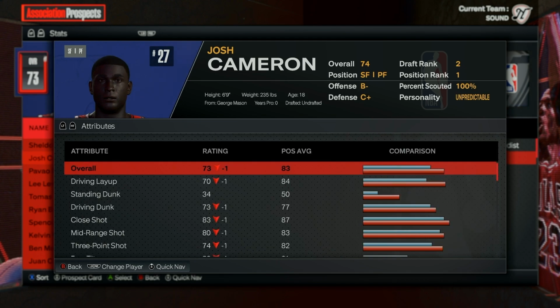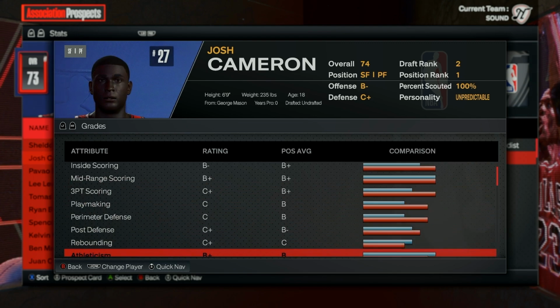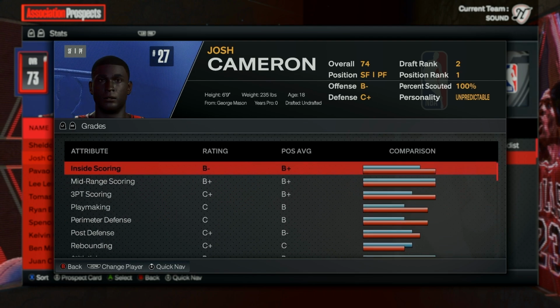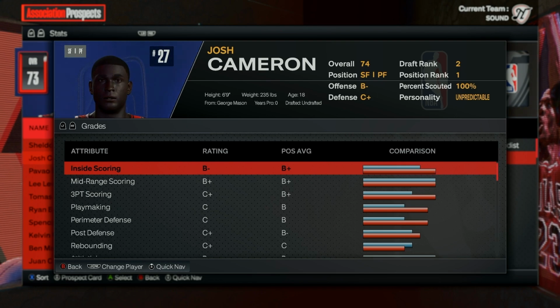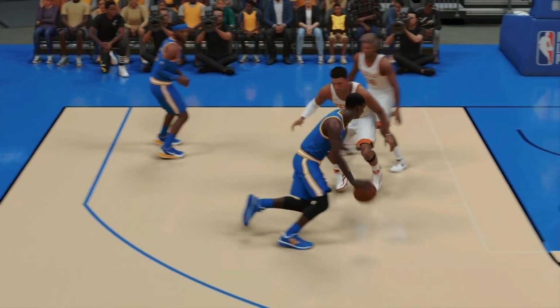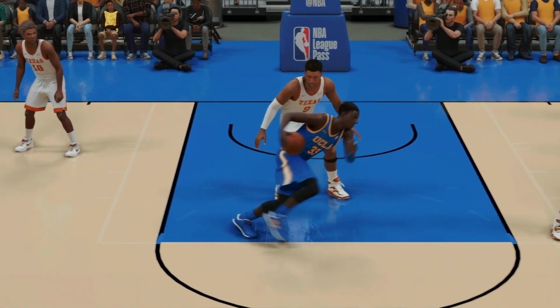Only has 1 badge though, and of course that 74 overall is going to be the lowest projected overall of all the guys, but he's got a really well-rounded game. That A+ potential is what really is going to get him projected to be one of the higher picks in this class. The third guy we're going to talk about is another guard. It's another guard-heavy top of the draft, and this is a 6'6" point guard out of UCLA by the name